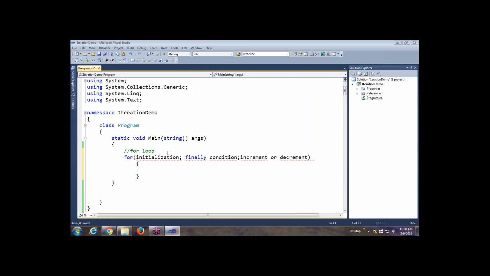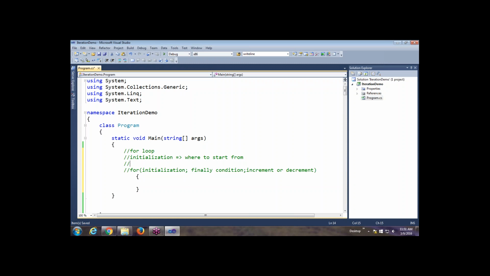Now see, our requirement is to execute a task say 20 times. So initialization will tell us where to start from. Next is the final condition.